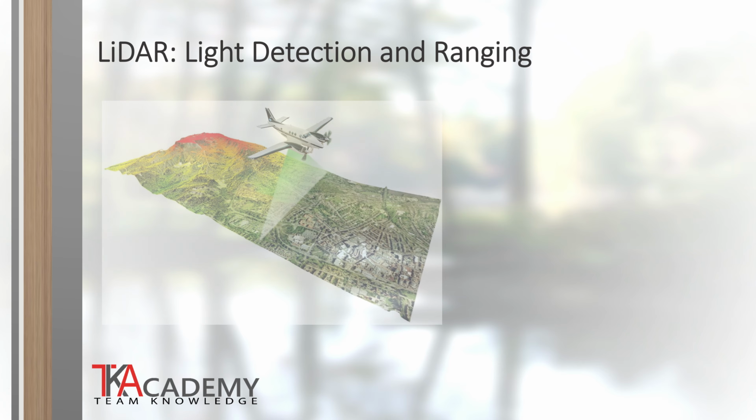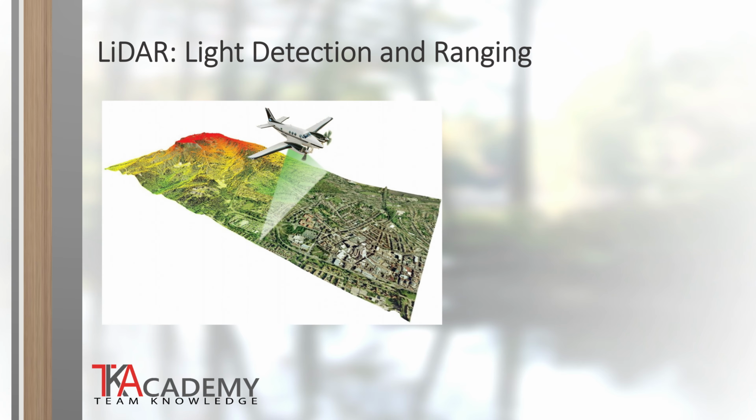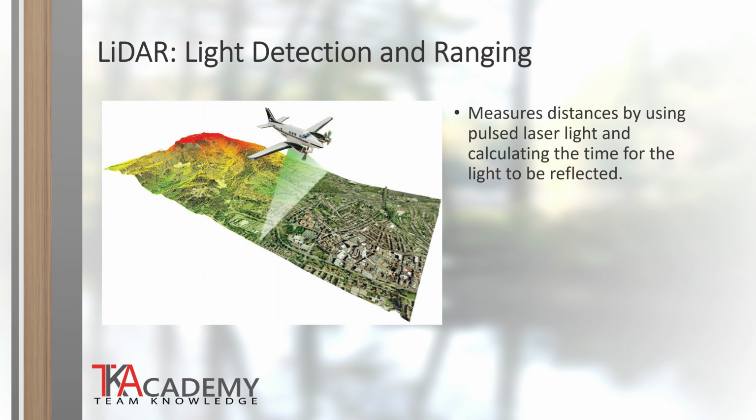Like within most industries, the tools and technology for performing land surveys are quickly developing. Land surveys, especially over very large areas, are making use of LiDAR technology to map the existing conditions. LiDAR stands for Light Detection and Ranging. It measures distances by using a pulsed laser light and calculates the time that the light is reflected from a surface. This can be performed from aerial locations, from airplanes, or what is commonly being done now from drones.